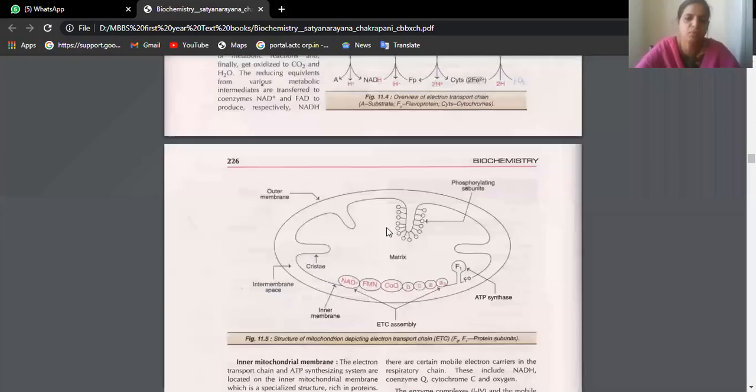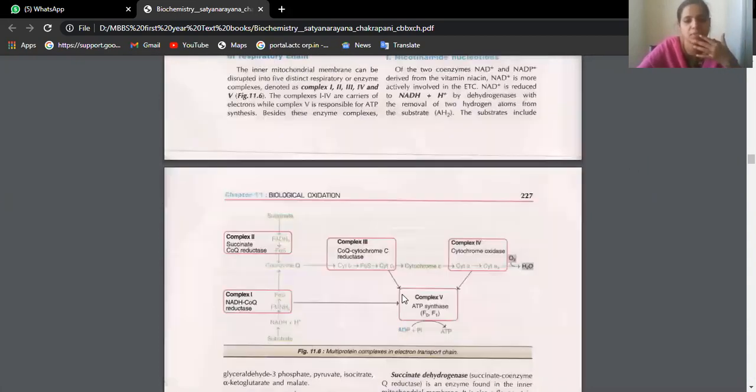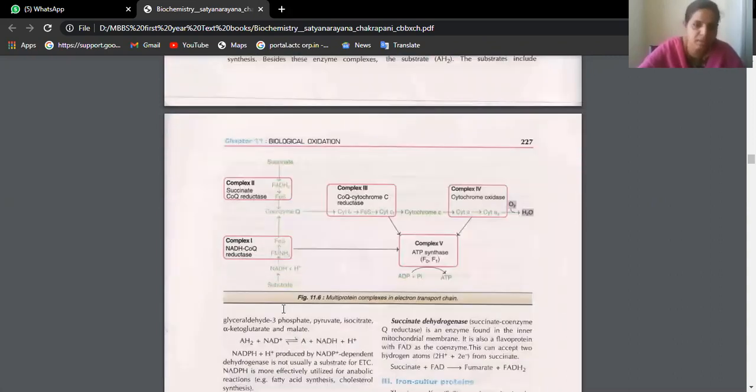It is inside the mitochondria. Inside the mitochondrial matrix, we have the enzymes which are involved in the electron transport chain, for which, if you remember, I asked you to remember this cycle. We should start from here. The substrate can be either carbohydrate, that is glucose, or fatty acids, or it can be amino acid. From here, the electrons are transported in the form of NADH plus H plus.